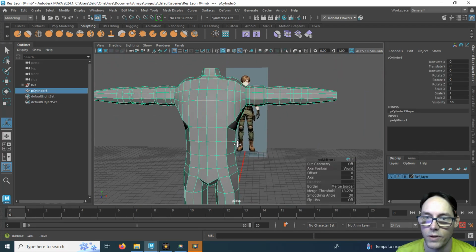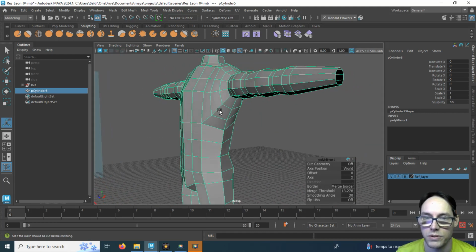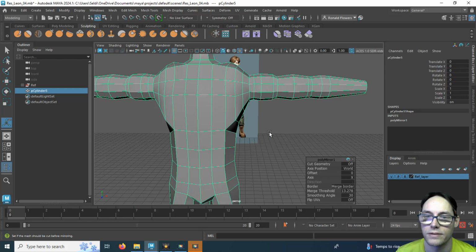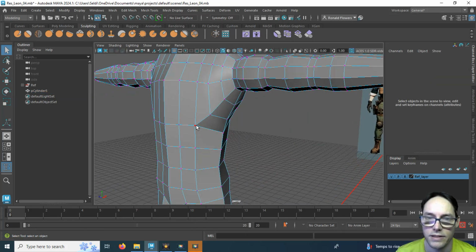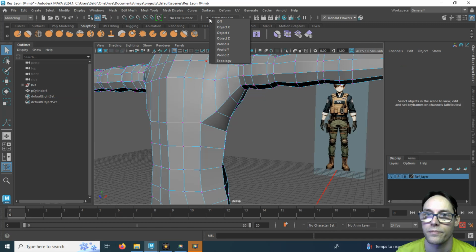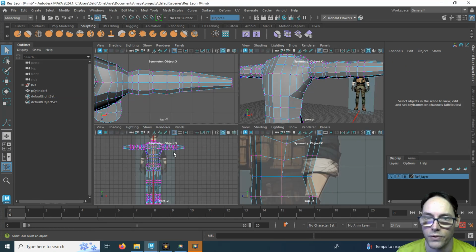Awesome. One quick thing I'd like to do with Leon is I will take these up a little bit more so we can ease this transition. So I'm going to go into vertex selection. I'm going to select here, double click the next one to kind of get that loop. Let's go into symmetry, object X. I'm going to move these up. So from the front view here,